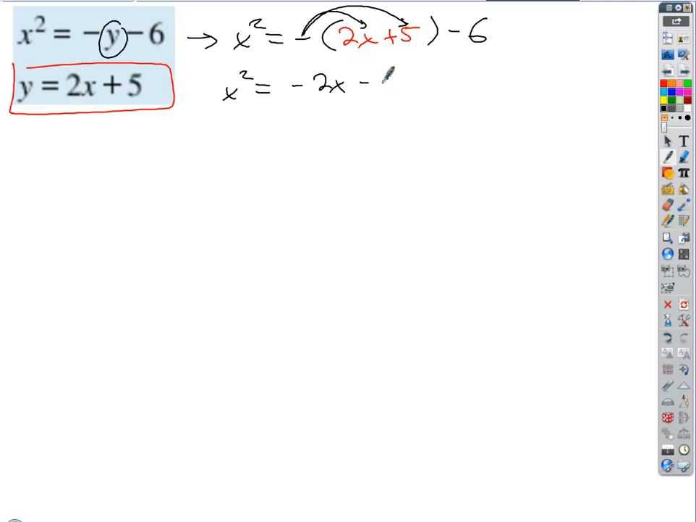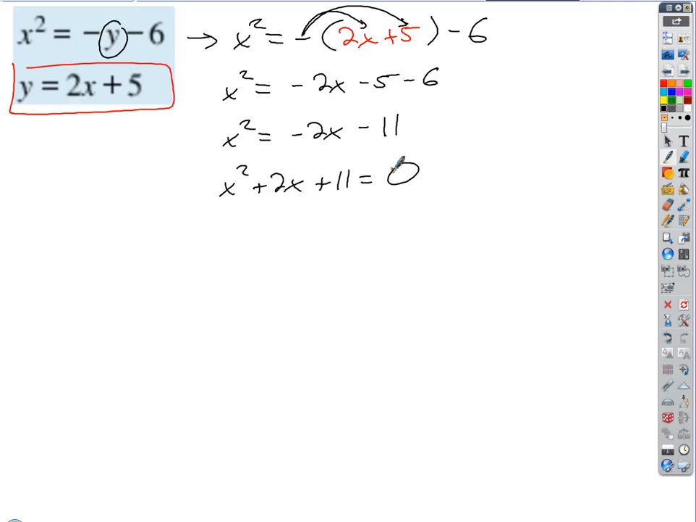-2x minus 5 minus 6. And so now if I combine like terms, x squared equals -2x. What do I have to do to this? Next step? Set it to 0. So we're going to add 2x to both sides, add 11 to both sides, and that's